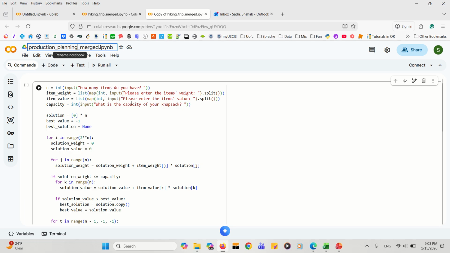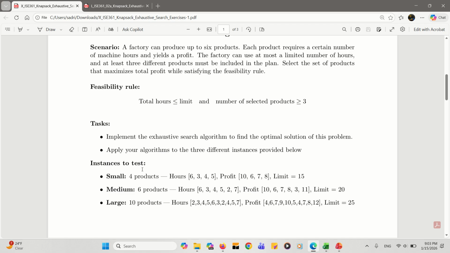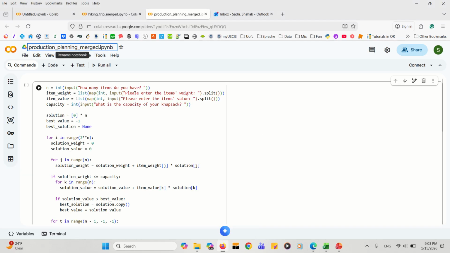So first, as we saw for the previous exercise, we need to get some input from the user. So in this case, we should ask the number of products, and also ask about their required hours for each product, and also their profit and the limitation. So we have to ask 4 different questions. We need 4 parameters for our problem. So how many items do you have? We can modify this: how many products do you have,